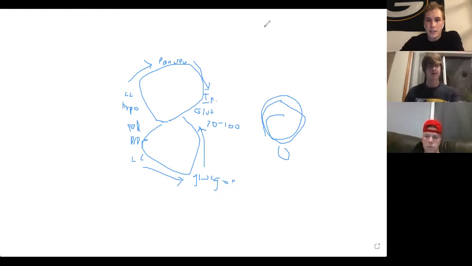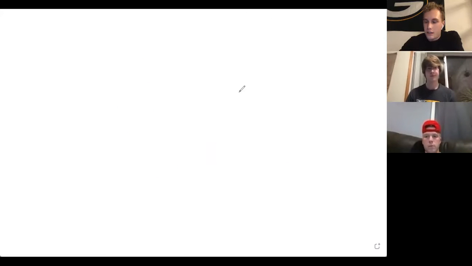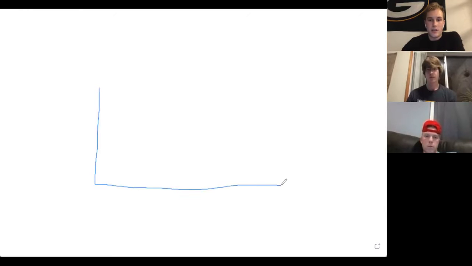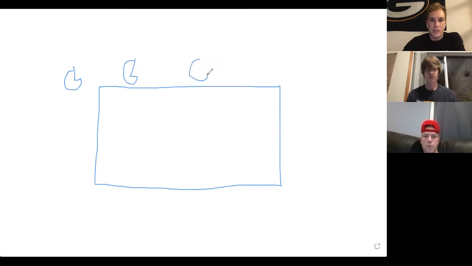So I'm going to clear the screen here, and next we're going to be looking at how fructose and glucose are able to cross the blood-brain barrier. So we're going to have an example blood vessel. So this is our blood-brain barrier, and we're going to start off with some enzymes up on top right here. So in this example, we're going to have a circle represent glucose, a triangle represent fructose, and a star represent